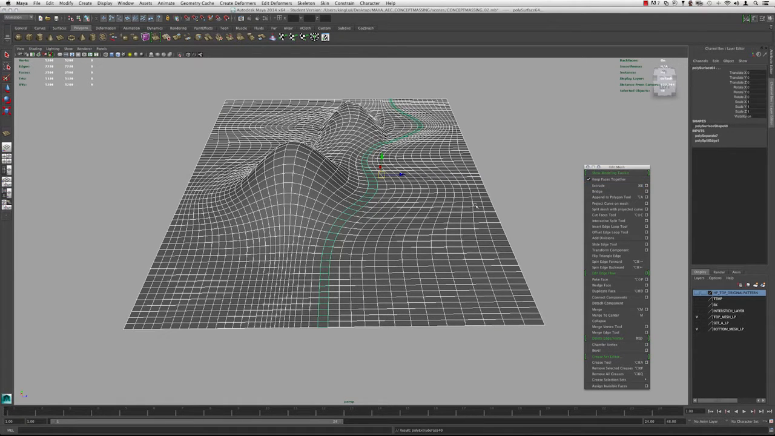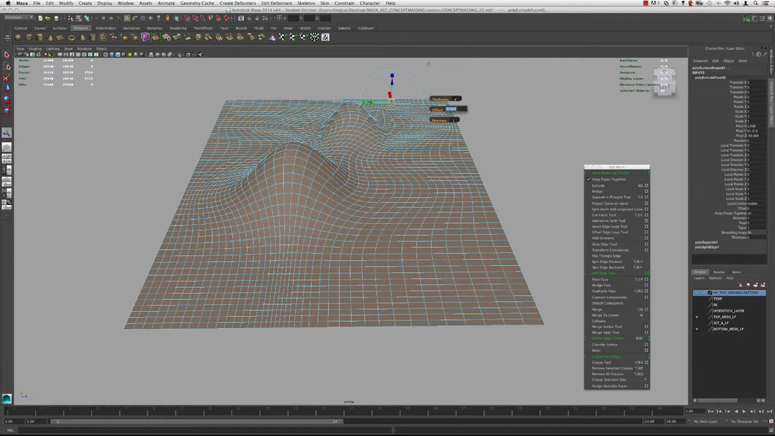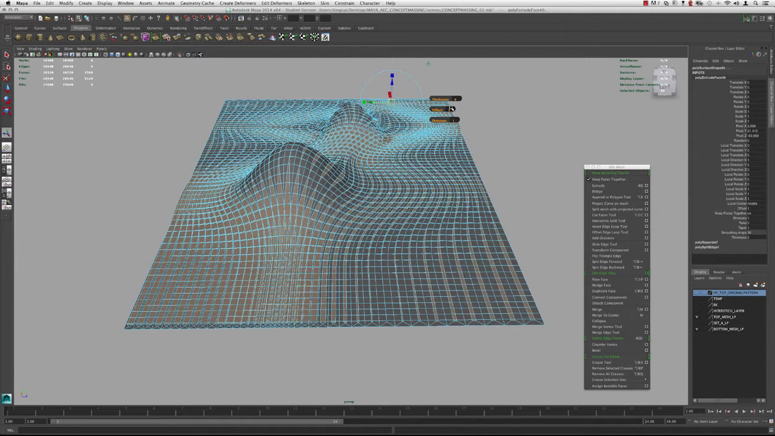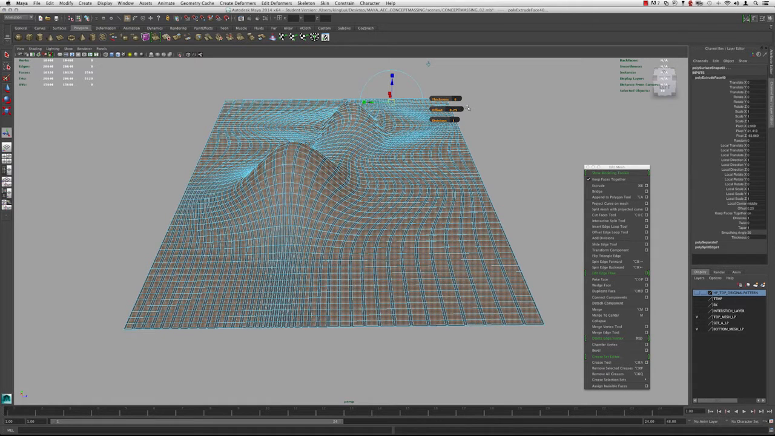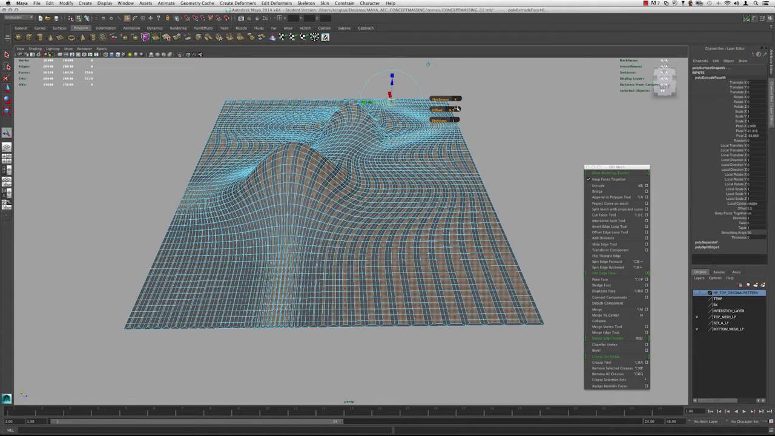So if I go to extrude and I do an offset of 1, 1's way too much. So if I do an offset of like 0.25, yeah, 0.25 maybe is fine. 0.3. Let's see what 0.5 looks like. Okay. So we just extruded all of these